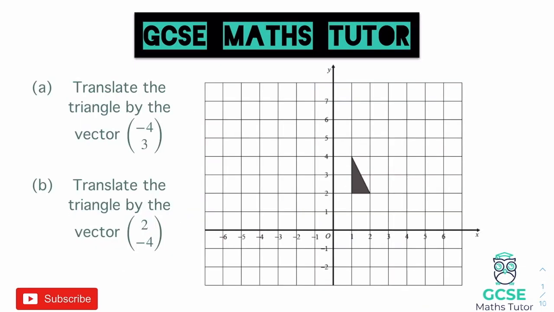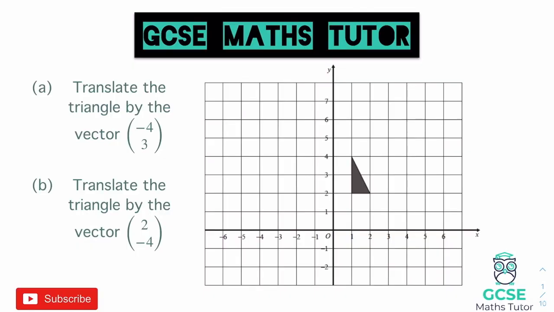Now for this question here, we've broken it up into 2 parts, and we're going to do them both on this one grid. And as you can see on the grid, we've got a triangle there drawn at this position here, obviously over in the positive section. Now when we translate a shape, this triangle is going to move somewhere else. It doesn't necessarily have to go into any of the other sections, but it's going to move somewhere within